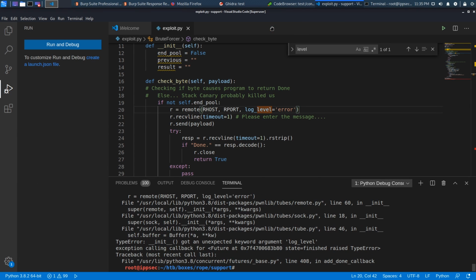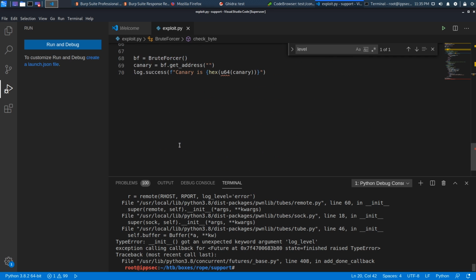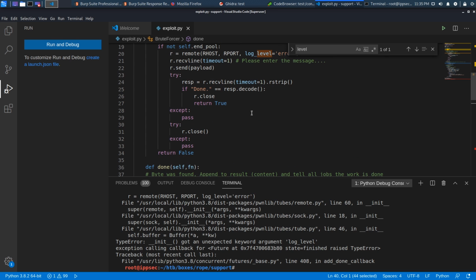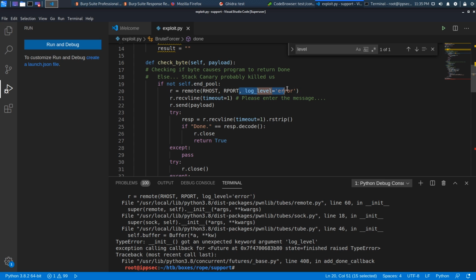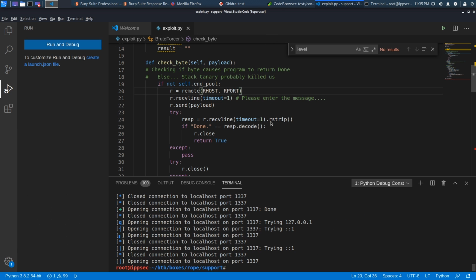Nope, not that. We can comment out that, oh, we did comment out that print. So the only other thing I added was that log level. Okay, so let's do